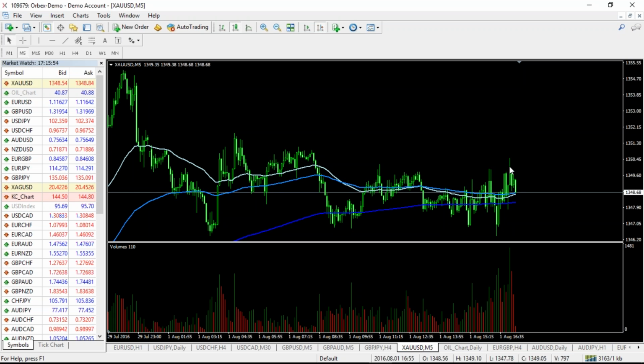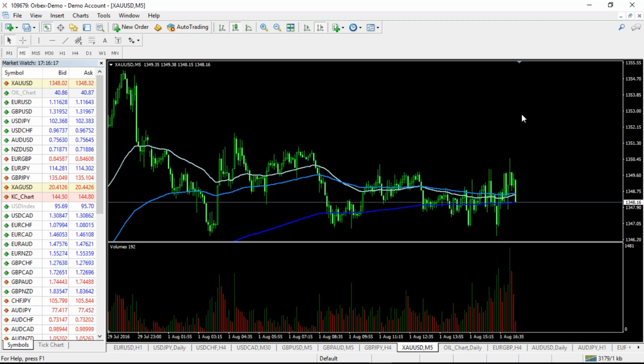It is not too bad, but the longer the rejection is marked by the length of the candle. Not the length of the body of the candle, the length of the wick or the needle part. The longer the needle is pointing upwards, let's say of a bullish candle, the bigger the rejection is for that. So as you can see, hence the reason we are looking at a live market now based on the 5-minute chart, and we are looking at lots of prices depreciating for gold. We're looking at the price being rejected at the top, and we're seeing it on the 5-minute chart to go to test